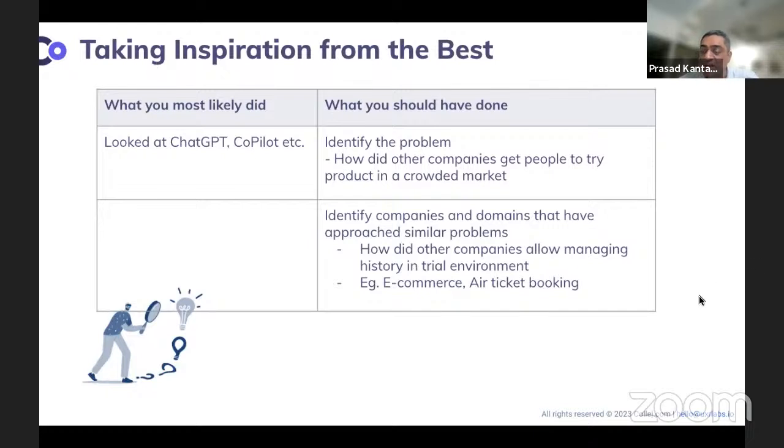Now, let's look through some examples. We are going to look at similar companies that have done the same thing. Or maybe let's stop here. Don't go anywhere, but think through it. Which other companies are doing it? When you look at e-commerce, it's an extremely busy market space. How do e-commerce companies do it? They do a lot of SEO. They try to be the first couple of results up there. They do a lot of advertisement.